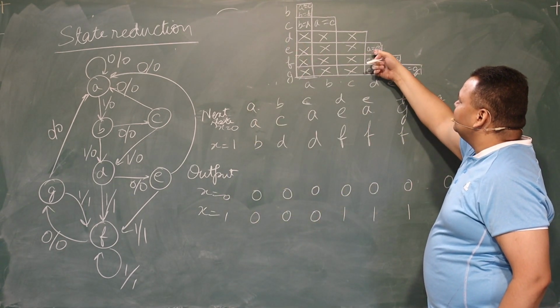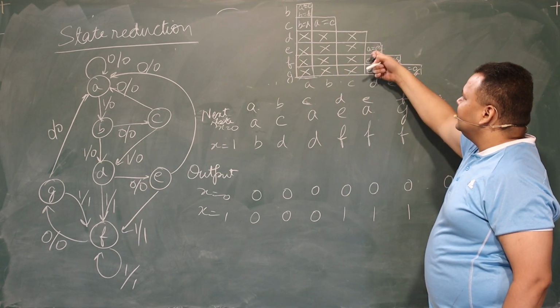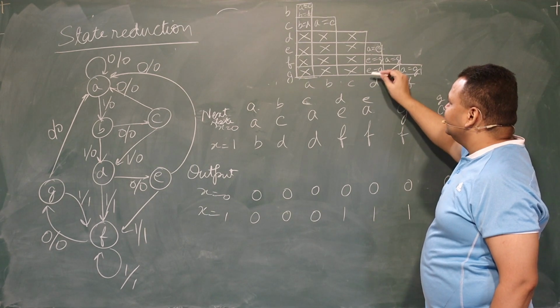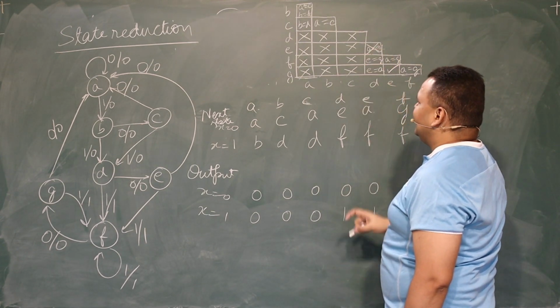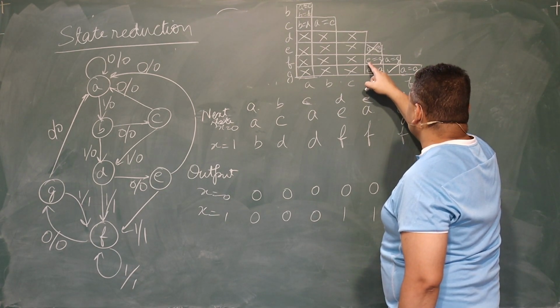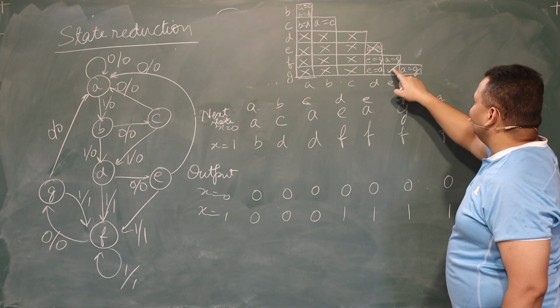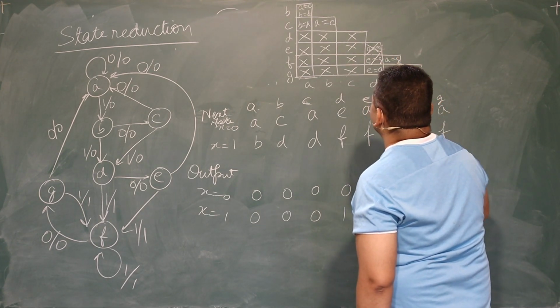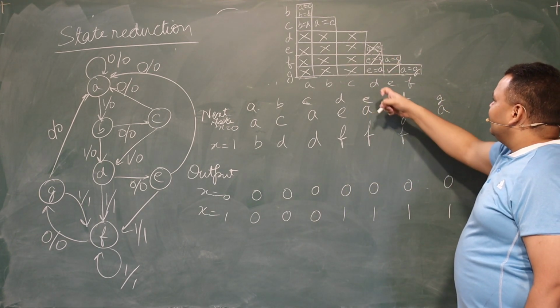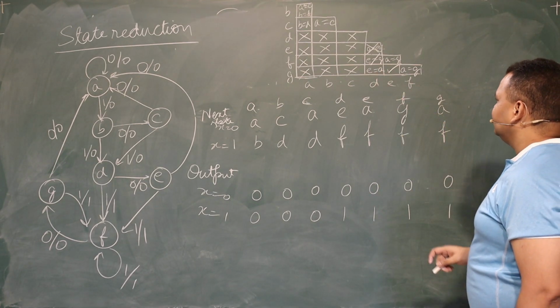Easiest one is A is equivalent to E. Is A equivalent to E? It is not. A is not equivalent to E. What else? Let us look at, is E equivalent to G? Yes, sir. E is equivalent to G. So that means this is true. Okay. What about E is equivalent to A? Is that true? No, sir. That is not true.